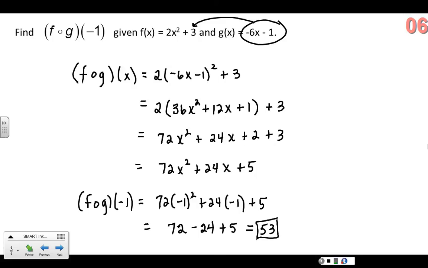Now, another way that you could have approached this is by doing this. Find g of negative 1 first. If I plug negative 1 into this, that would give me 6 minus 1, which would be 5. So g of negative 1 is 5. Then if I find f of 5, 5 squared would be 25. So 25 times 2 is 50. 50 plus 3 would be 53. So there's more than one